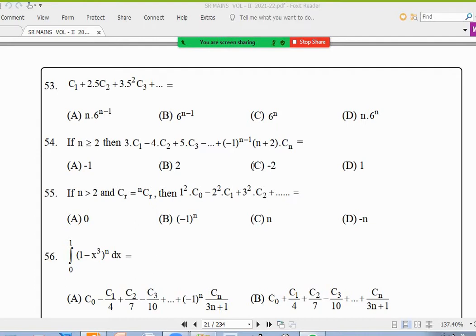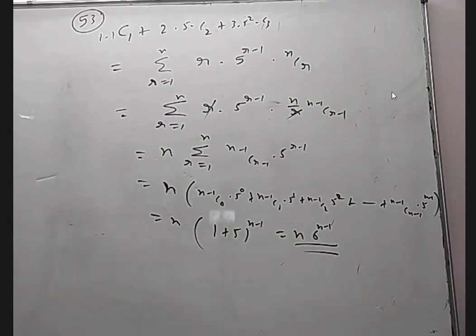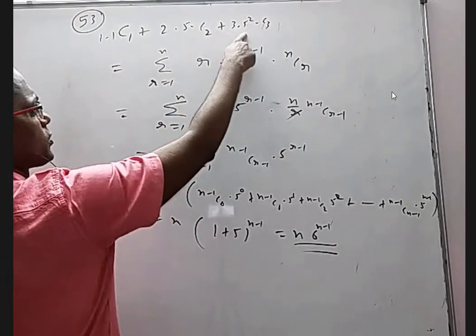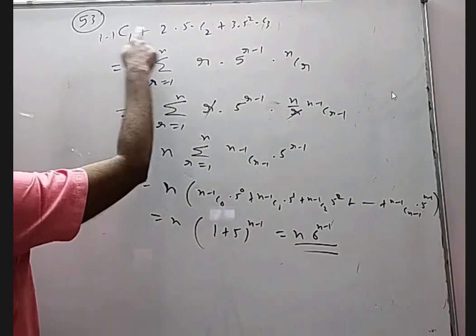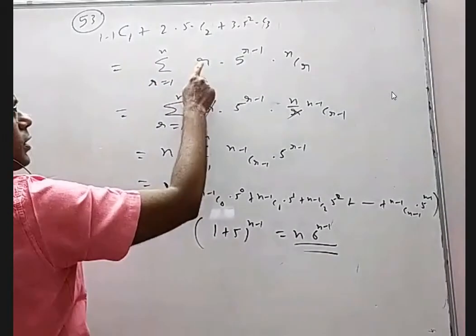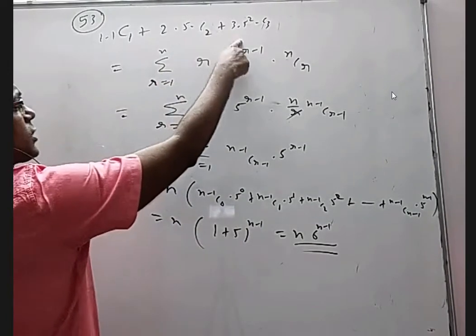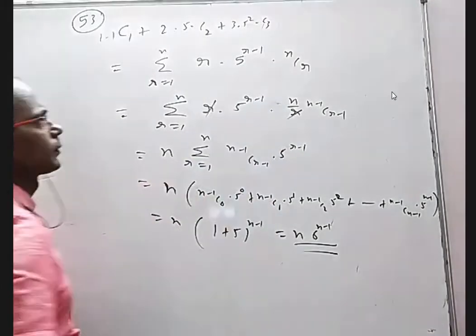So to complete it, sorry, stop. Okay, just to record, I'll quickly explain once again. Okay, this was the question. 2 into 5 is there, 3 into 5 square, then 4 into 5 cube. I wrote here 1 into 1. Looking at the pattern, 1 here, 2 here, 3 here, the R term, R plus 1 term, R term will have R. 1 here, 5 square, 5 power R minus 1, and 1, 2, 3 means NCR.